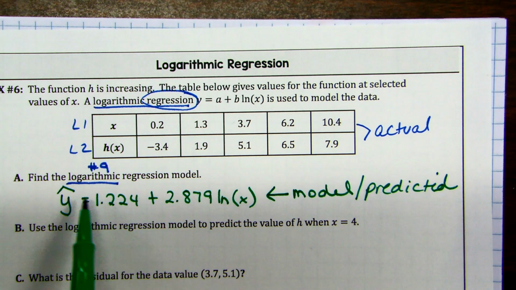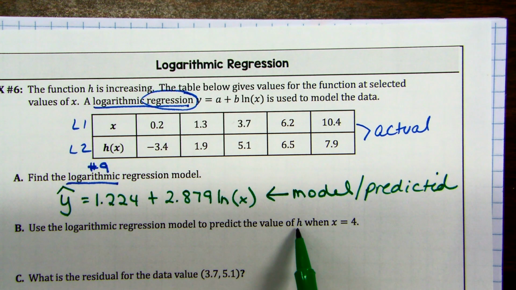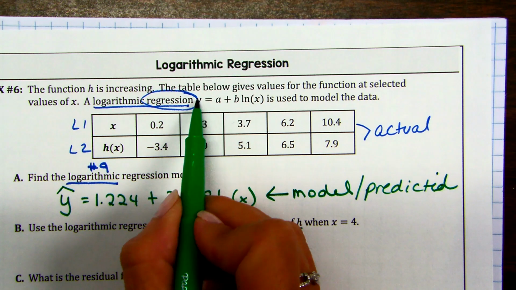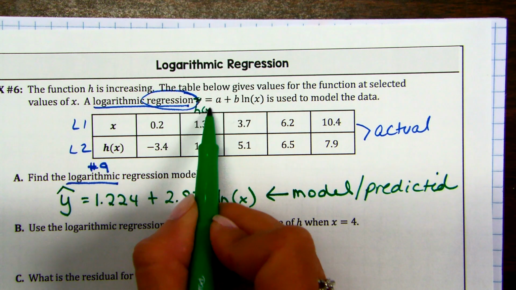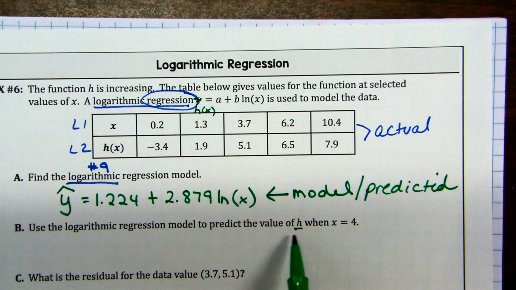Use that Y hat, the log regression model, to predict the value of H. Now, where's H? I think Lady Jean meant to make this Y and H of X. That's where she's getting that. But in a situation like that, we should understand that X is 4, so this has to be Y, right? When X is 4,